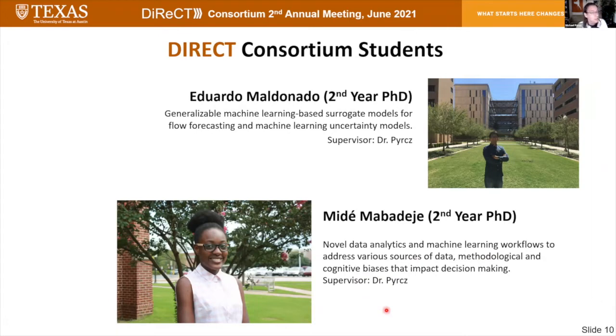In addition, she's done some really great work on how do we group and decide on analogs. When you have mature data and you're trying to use it in an immature setting, it's important to know when can we deem that that mature data is analogous. Well, Mede has been working on a great objective workflow to be able to decide on analogies, because these are really important to be able to ensure that we have unbiased results. The prior model is often a big part of our bias in the subsurface. Our choice of our analogs is really important.